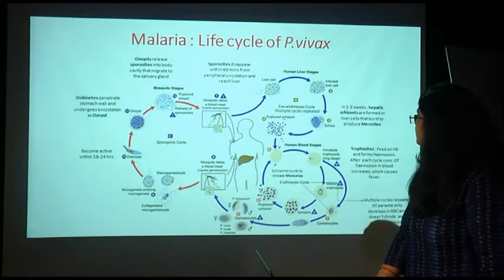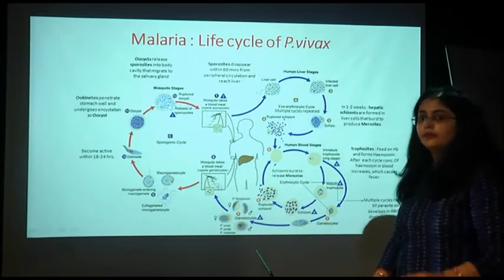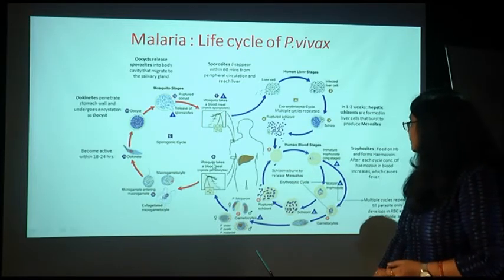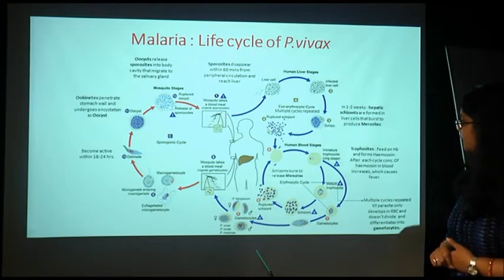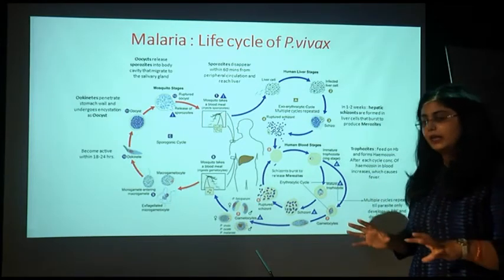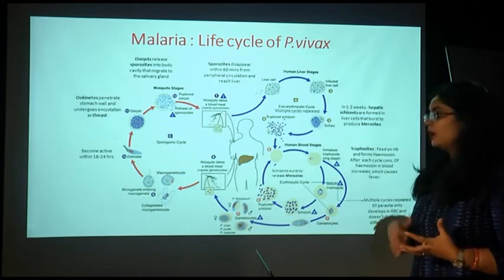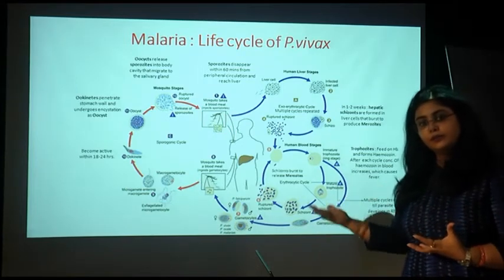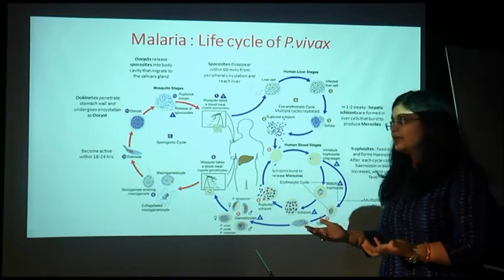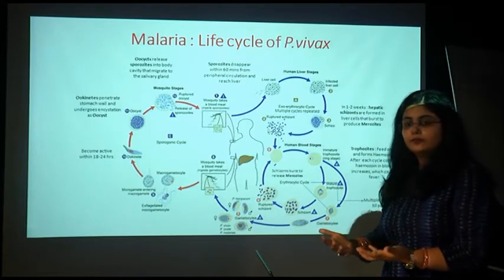Let's begin with what happens when the mosquito actually draws blood from an infected individual. So we'll start here. The mosquito takes a blood meal. Now the blood actually contains gametocytes, female and male gametocytes. So inside the mosquito, the gametocytes develop into a macrogametocyte and a microgametocyte. Macrogametocyte is the female gametocyte and microgametocyte is the male gametocyte, which gets exflagellated, which basically means it develops flagella.